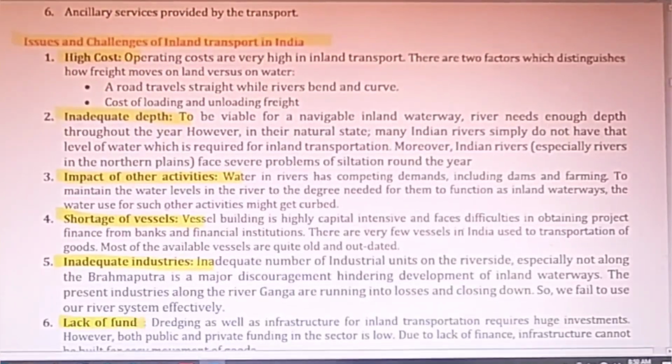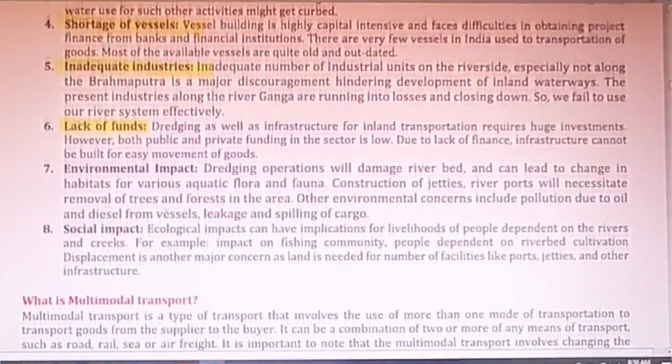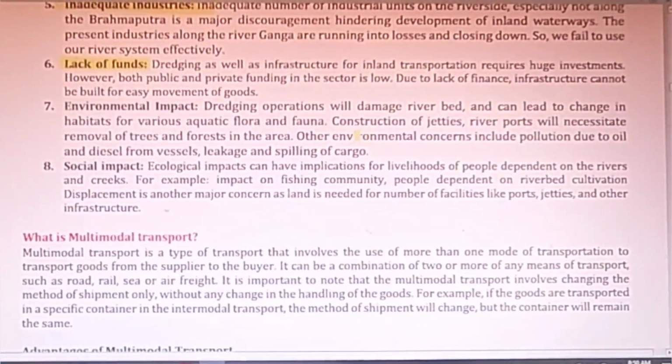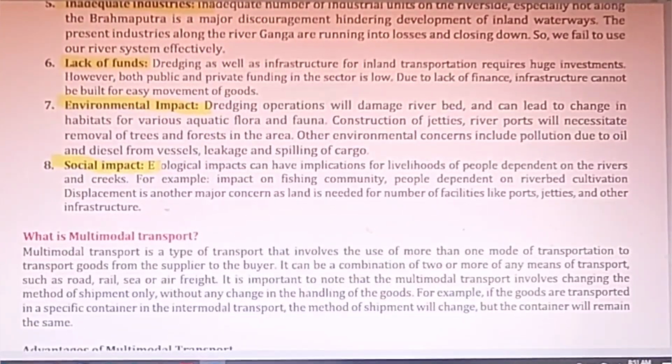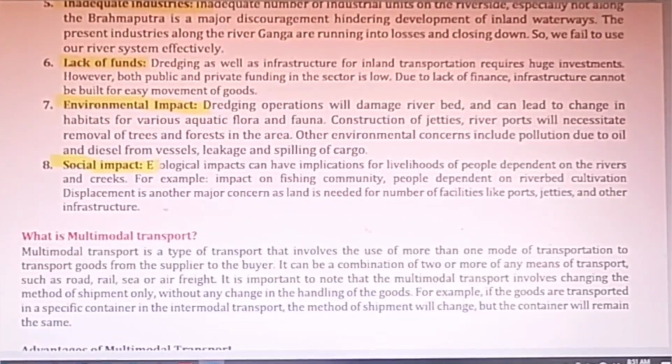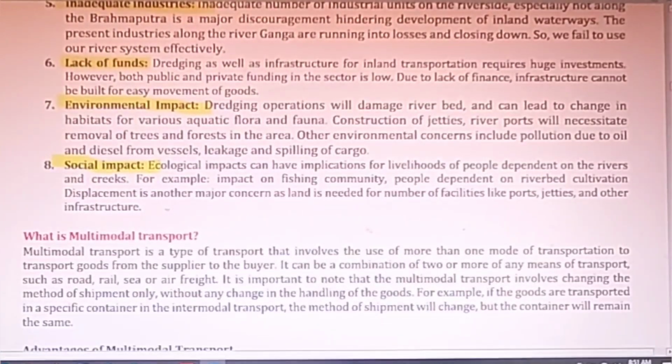Then this shipping industry or boats lack funds, so we don't have scientific boats. Then some environmental impacts are there due to pollution, and some social impacts are there, like there are a lot of societies which do not want it, they just worship rivers and lakes, so they don't allow the movement of goods